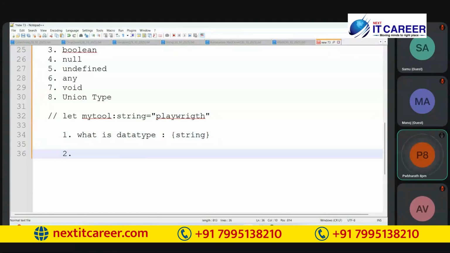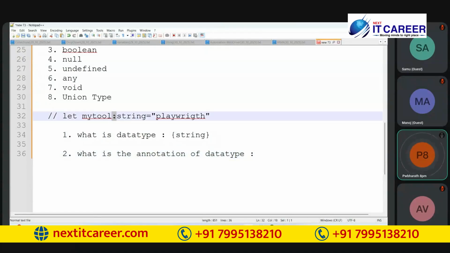And if someone asks what is the annotation of data type? Wherever you declare a data type, before the data type we put a colon, right?